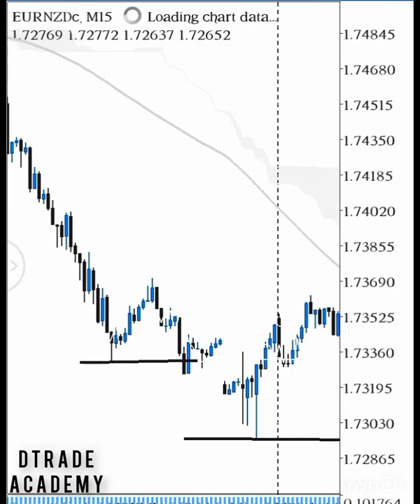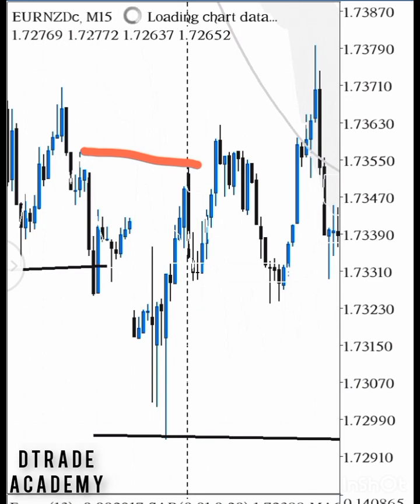Look at this other one. You can see this low was broken by this huge push. So the last opposite candle that led to this push down to the break of the structure, which is here, that is where they will set their traps. Sorry, this, which is here. That is where they will set their traps, creating an equal high. And at the end of the day, they will now tap into the true order block,